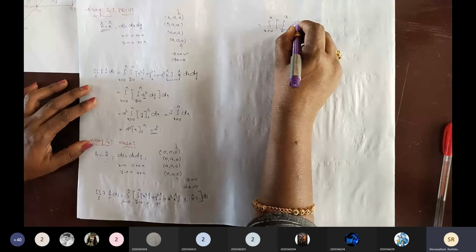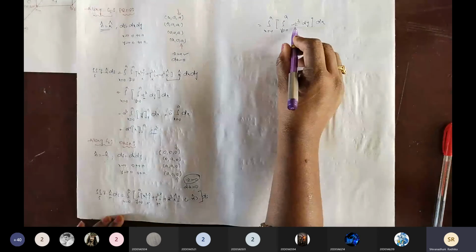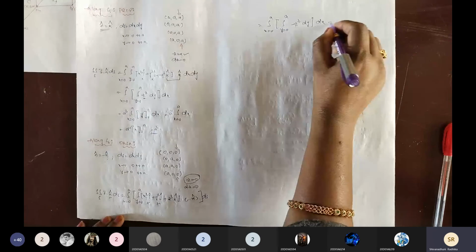Okay. Then see, multiplying, the i cap and j cap terms completely vanish. Remaining k cap dot k cap is 1, so z cube into minus, that is minus z cube. Integration x equals 0 to a, integration y equals 0 to a of minus z cube dy dx. But we have the value z is 0. Now z equals 0 means 0 into 0, 0 into again integration is 0. The complete S6 surface value is 0.